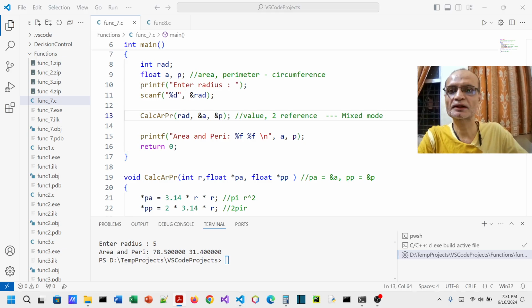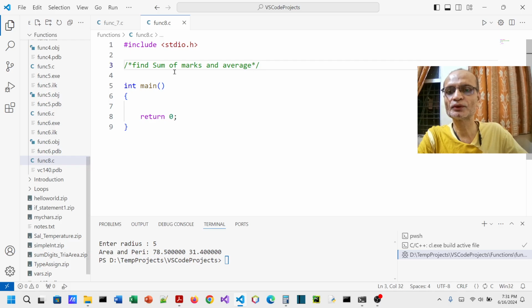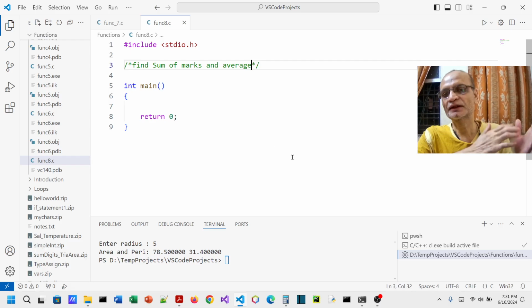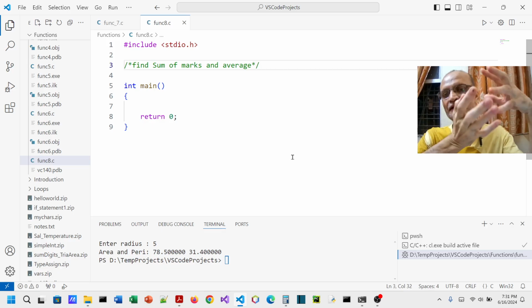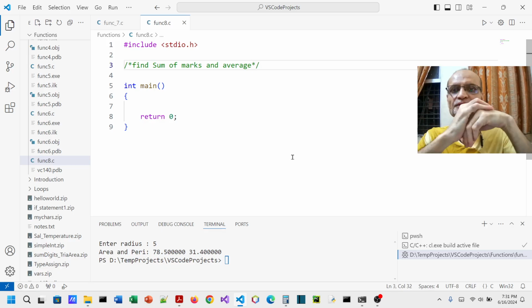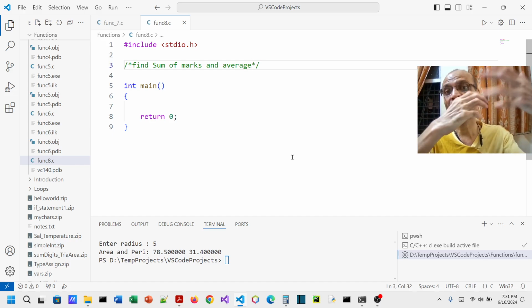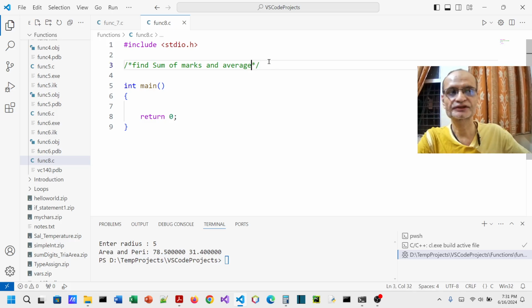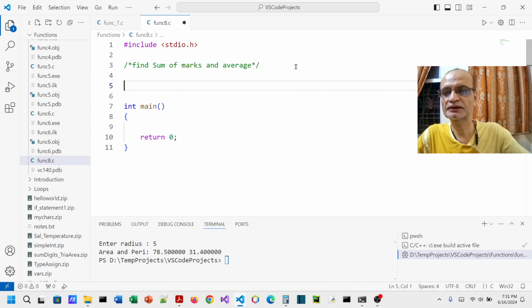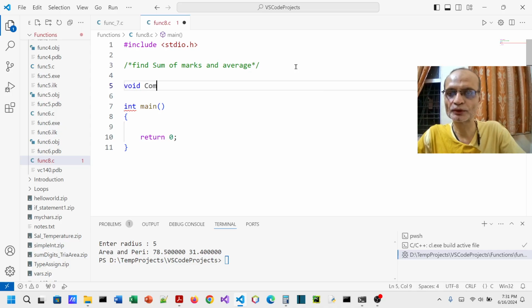Another example on similar lines we can have. Let us say that I want to compute sum of marks and average. So we can take input from the user for multiple subjects, say mathematics, physics, chemistry, computer science, maths, like that. Then we can compute the sum of the marks, that is the total out of 300, and then we can compute the average, and we want to do that in a single function. So let us say I will give the name void, and then